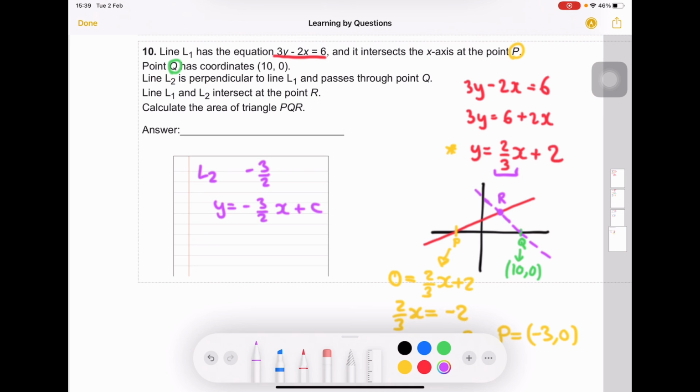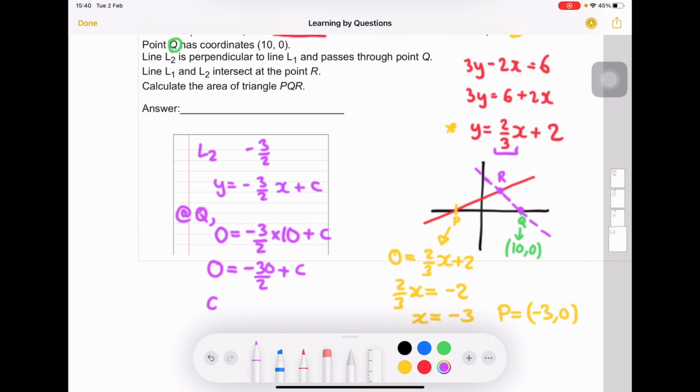I'm going to use the fact that it goes through Q. I'm going to use the coordinates of Q to work out the equation of L2. So right here at Q, the y value is 0, the x value is 10, so negative 3 over 2 multiplied by 10 plus c, so we have negative 30 over 2 plus c gives us 0,